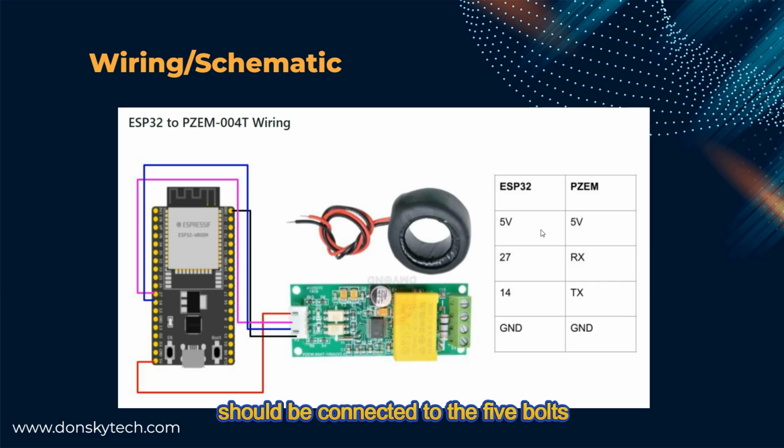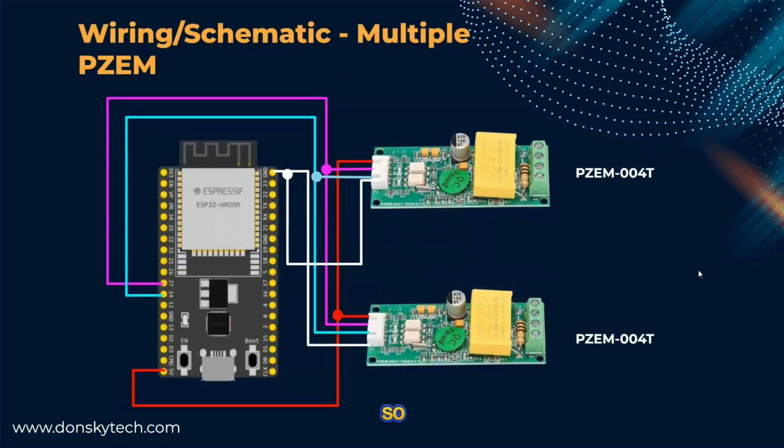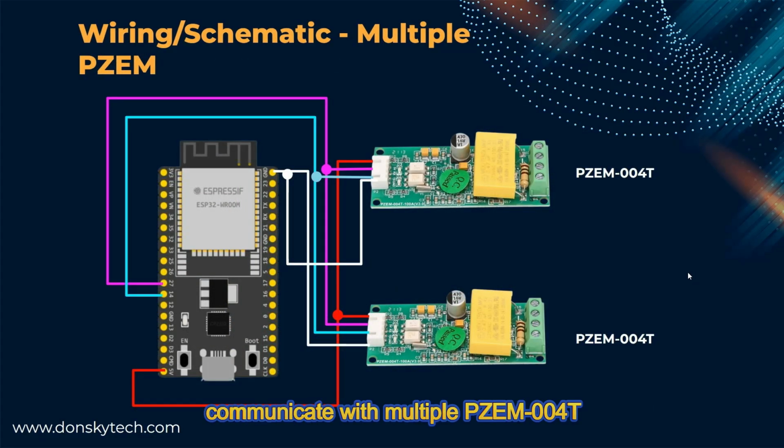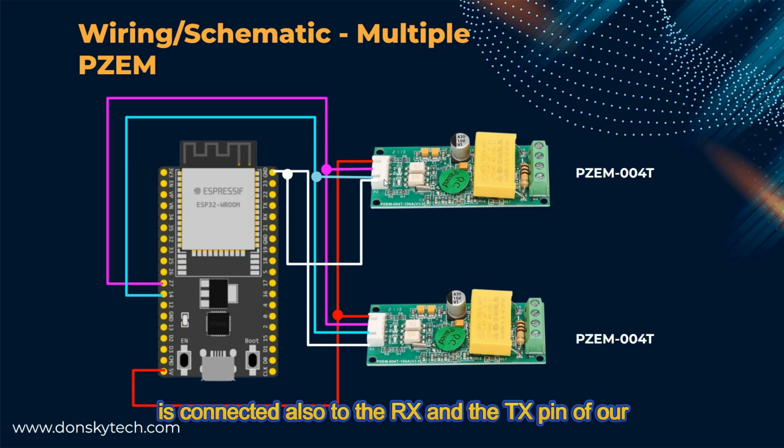So the 5 volts should be connected to the 5 volts, the ground to the ground, and the RX and TX pins are connected to the hardware serial port of our ESP32, which in this case is GPIO 27 and 14. Okay? If we are going to communicate with multiple PZEM, then the wiring should be the same. And as you can see, the only difference here is that we are connected to the same RX and TX pin. So pin 27 and pin 14 are connected also to the RX and TX pin